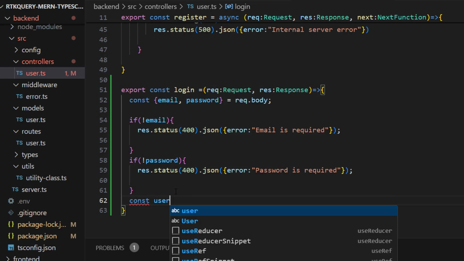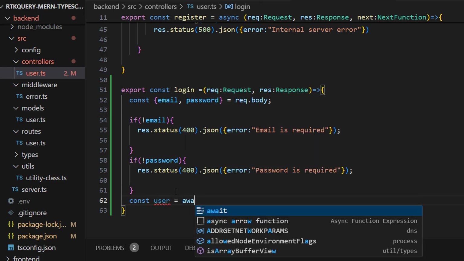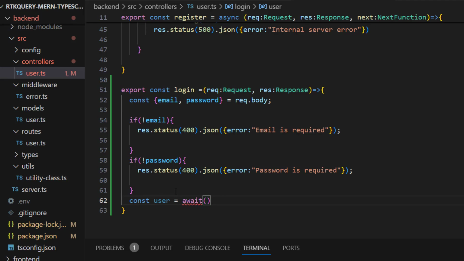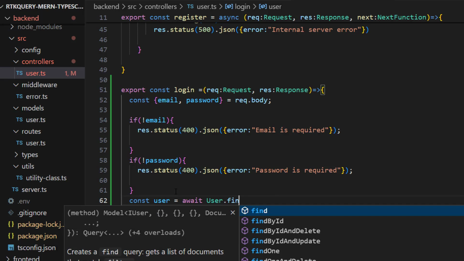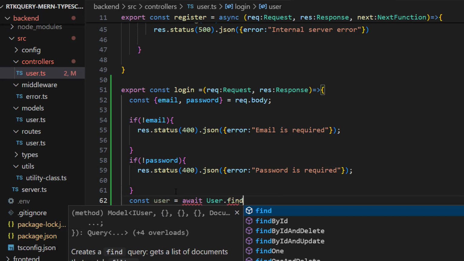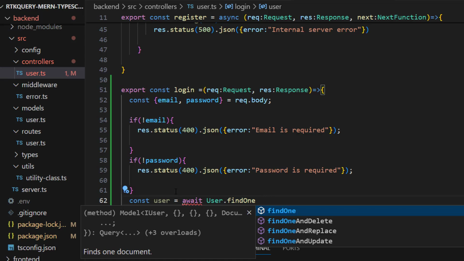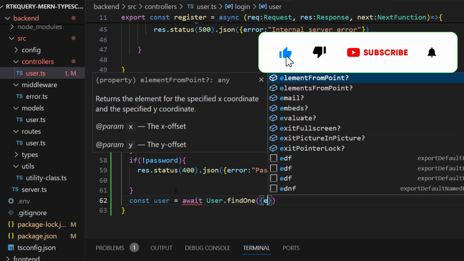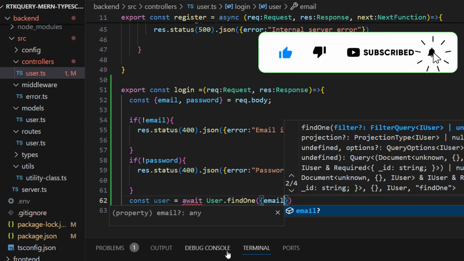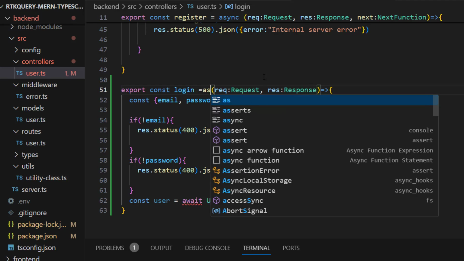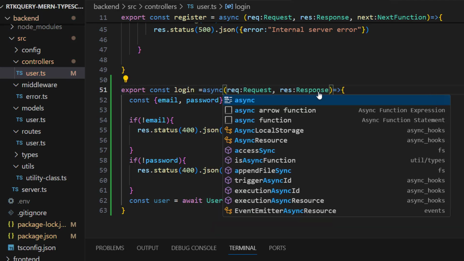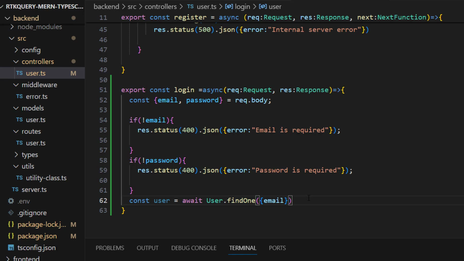Const user equal to await User.findOne based on email. Okay. It is giving a problem because we have async over here. So if no user found, if no user,